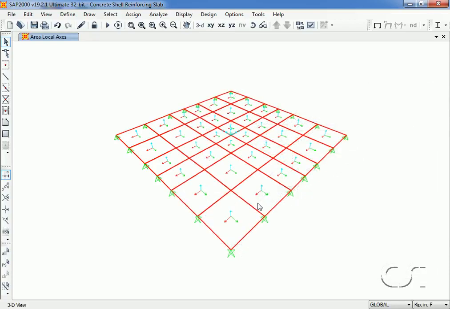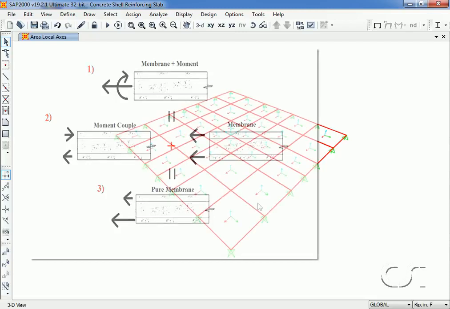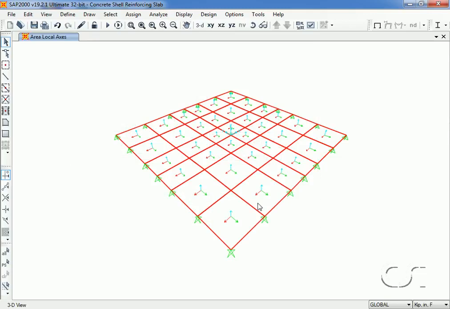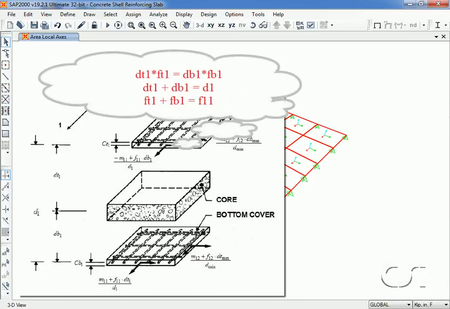However, converting the moment stress resultants into pure membrane forces is only half of the equation. Next, we need to convert the direct membrane stress resultants into pure membrane forces apportioned to each of the outer layers. We will distribute the pure membrane forces such that the moment equilibrium is maintained. That is, dt1 times ft1 equals db1 times fb1, where dt1 is the distance from the center of the shell